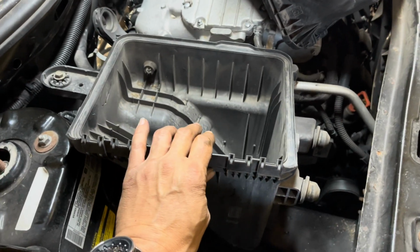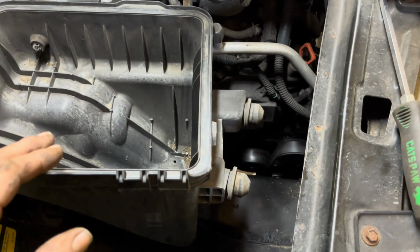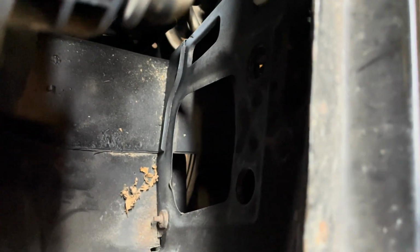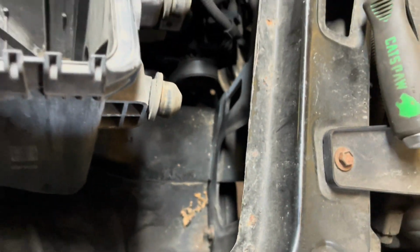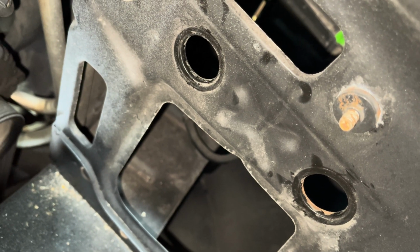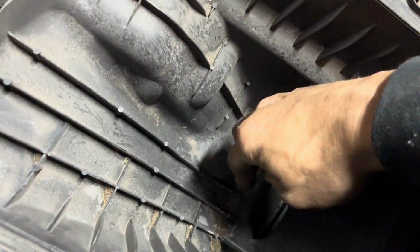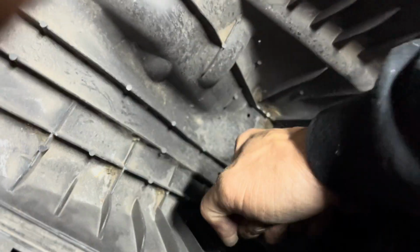All right, so the only thing about installation is this airbox has these little pushies that go up inside them little holes down there, and you need to make sure they're inserted properly. These two holes right here is where it inserts. Line it up, put your hand right in your hole,